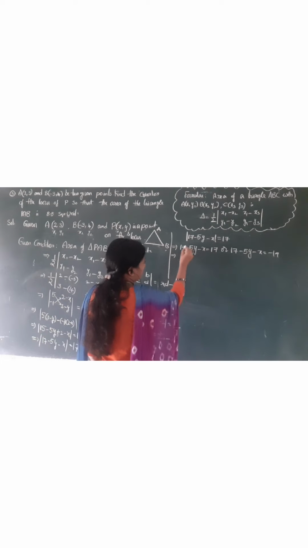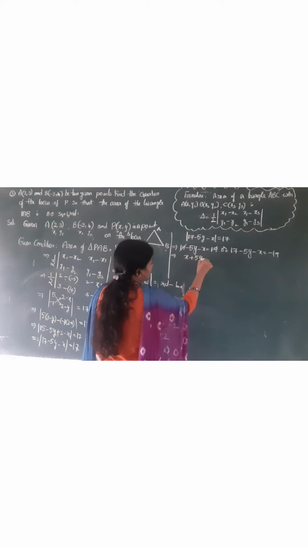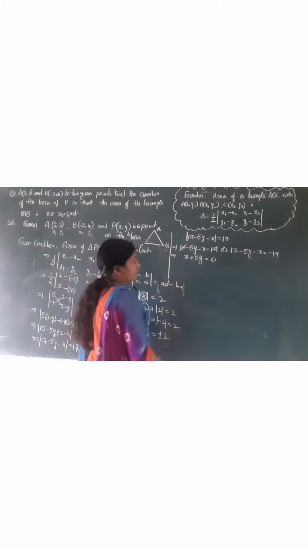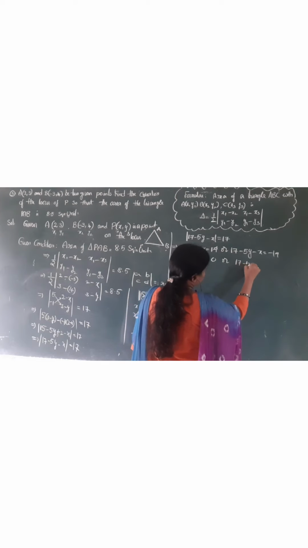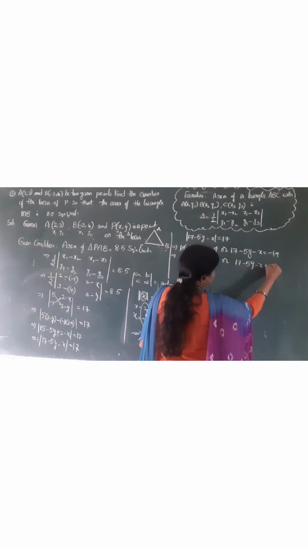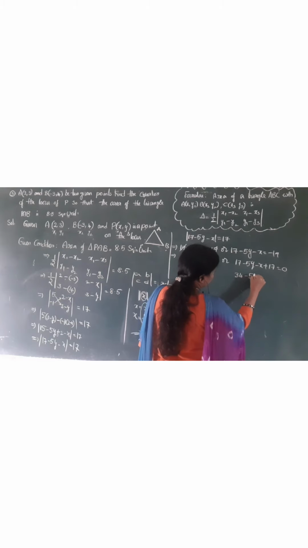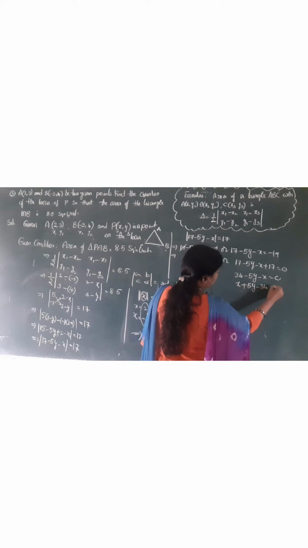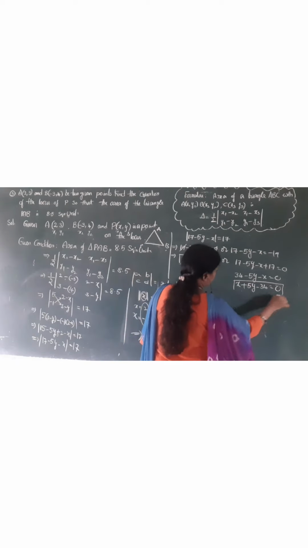From this, what you can write here: 17 gets cancelled. So here x plus 5y is equal to 0. Minus x minus 5y is equal to 0 you will get. So you can take minus common. And in the other case, 17 minus 5y minus x plus 17 is equal to 0. So this is 34 minus 5y minus x is equal to 0. If I take minus common, what do I get? x plus 5y minus 34 is equal to 0. So these two are the equations we are getting.